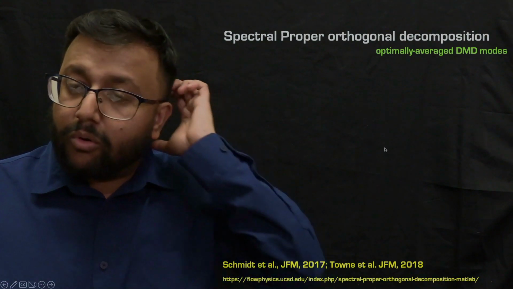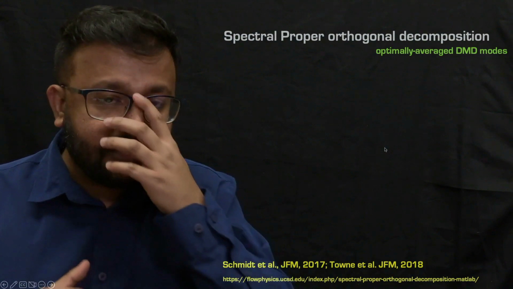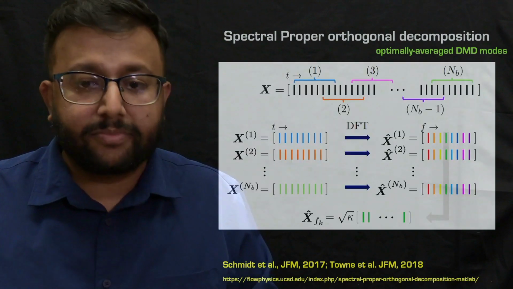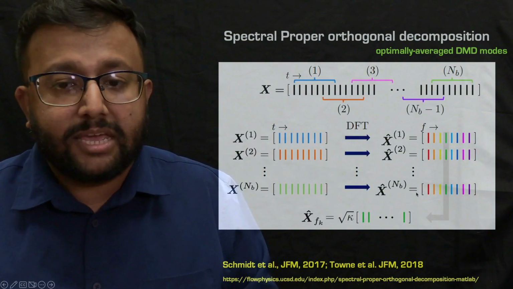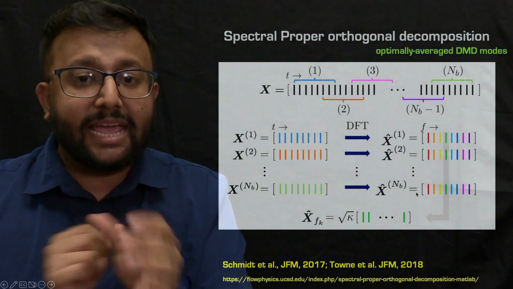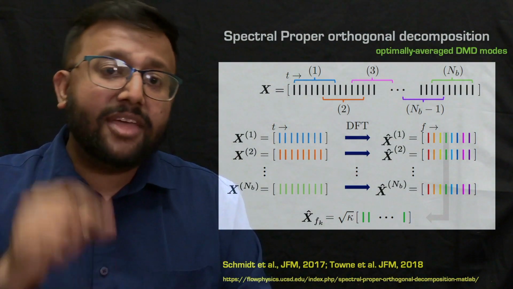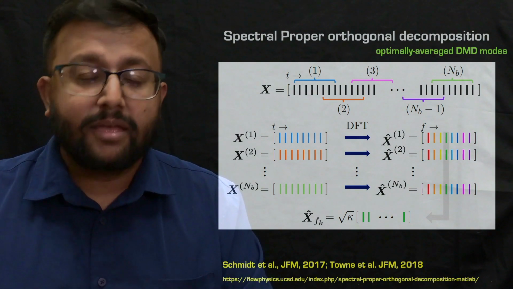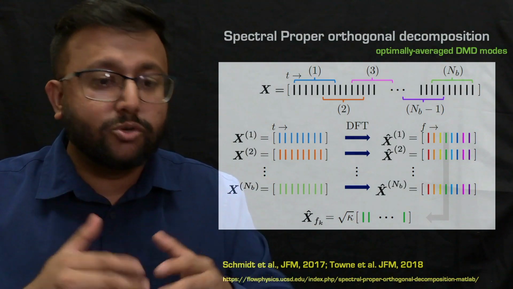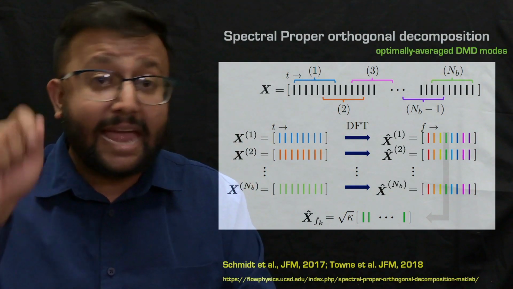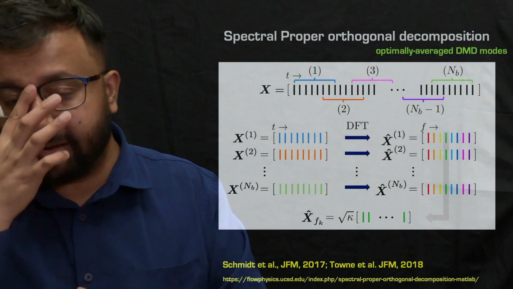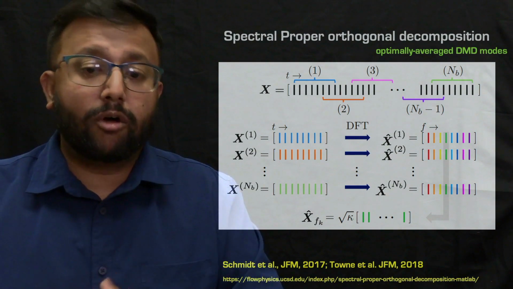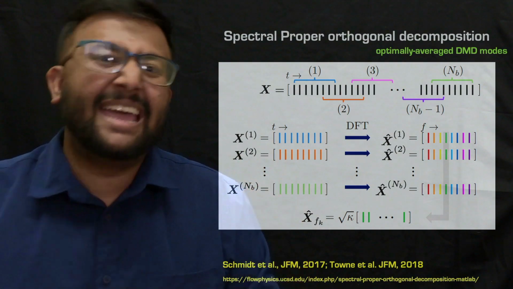All right, so we talked about SPOD being this kind of nice middle ground between DMD and POD. How do we perform it? For performing SPOD, what we do is we chop up the data into NB blocks, and then we perform a discrete Fourier transform on each block. So you can see that for block 1, 2, up to NB, we perform DFT and we get these X hat representations, right? The X hat variables contain the Fourier component at frequency, say Fk, in each of the